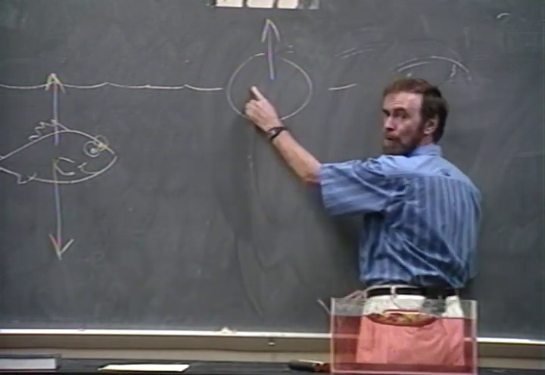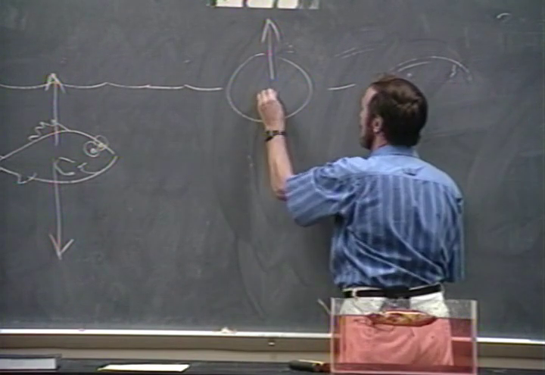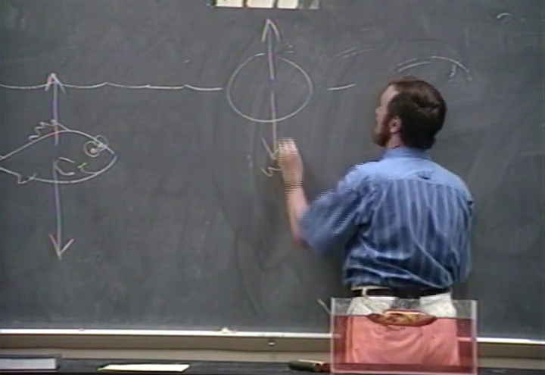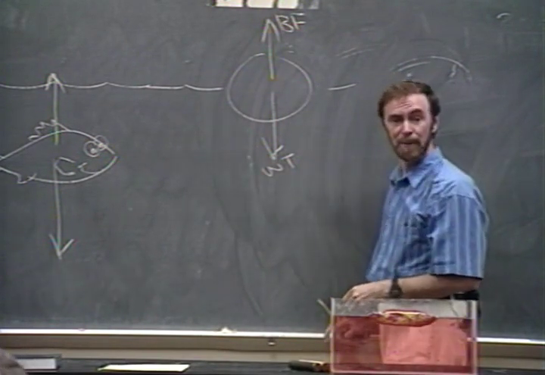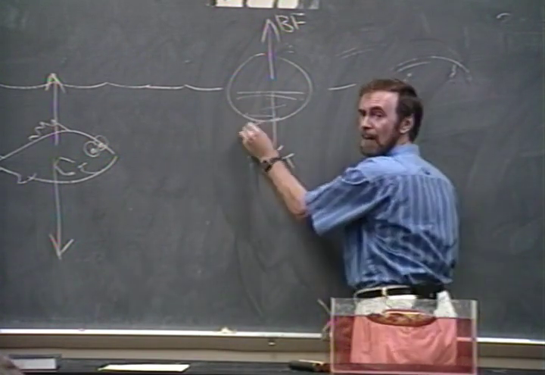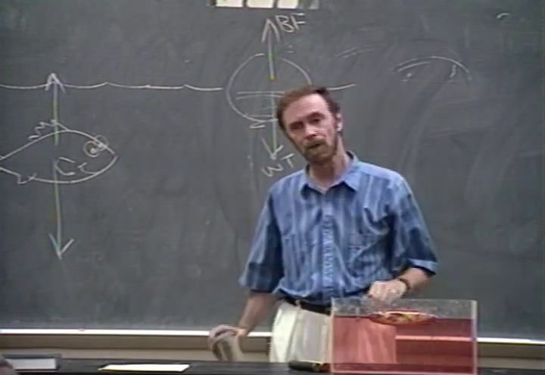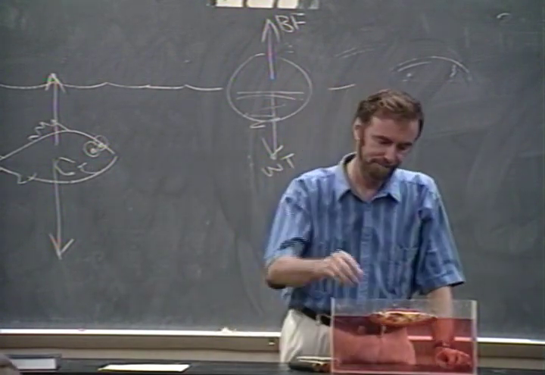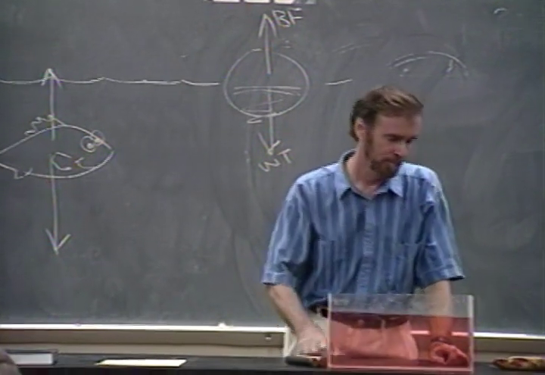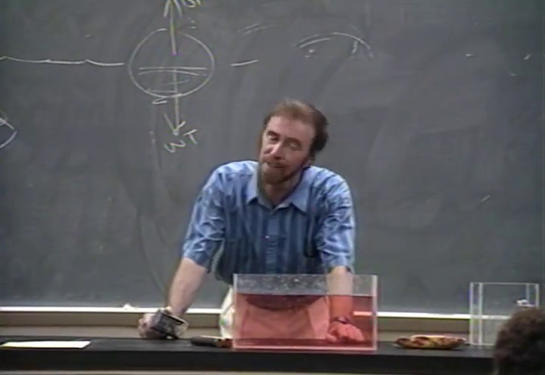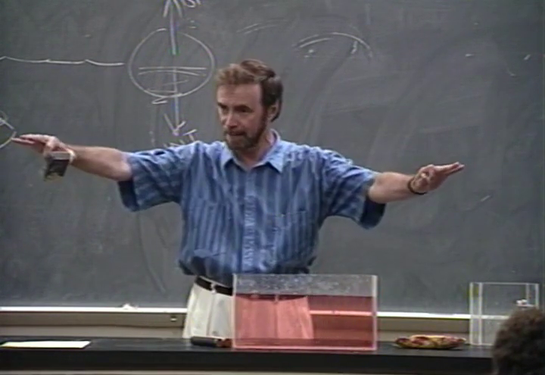Now, there's less buoyant force at the surface. Is there less buoyant force at the surface? Yes. You bet there is, okay? And now that weight and that buoyant force both balance and it floats. So here we have the idea that the weight of the object itself equals the buoyant force. And that's the principle of flotation. So if something's more dense than water, it sinks in water. Less dense, floats in water. Same density, stays right there.